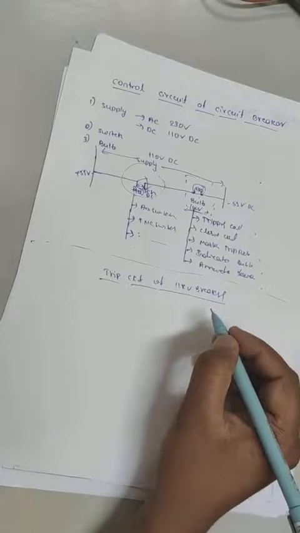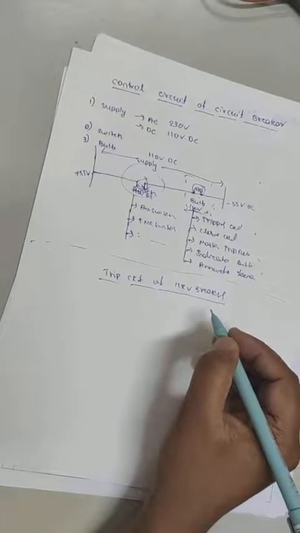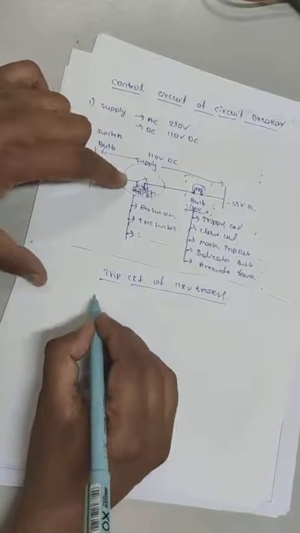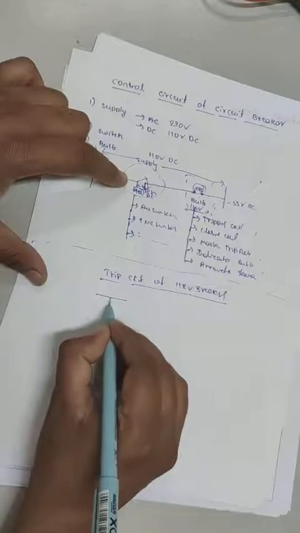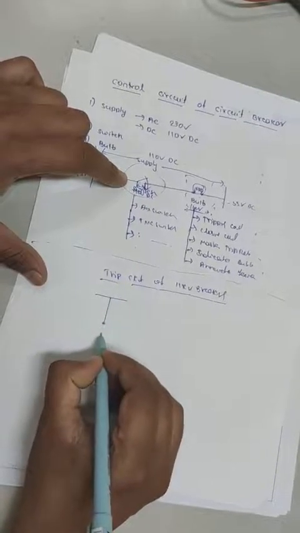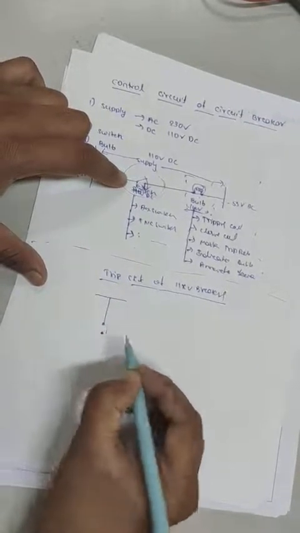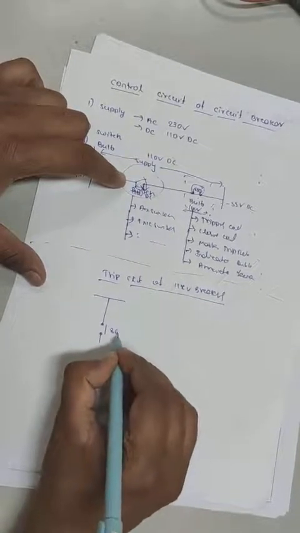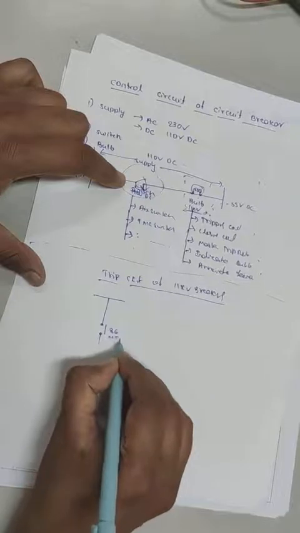All 11 kV breakers will have common elements in the tripping circuits. So positive, this is 86, also called master trip relay,